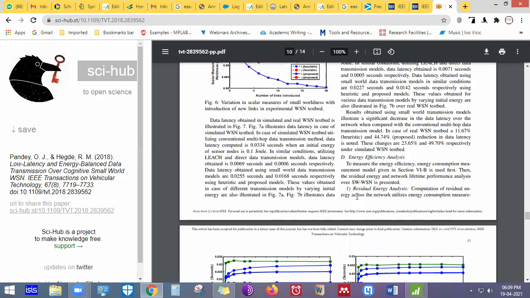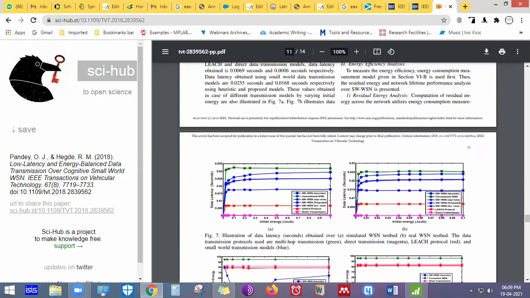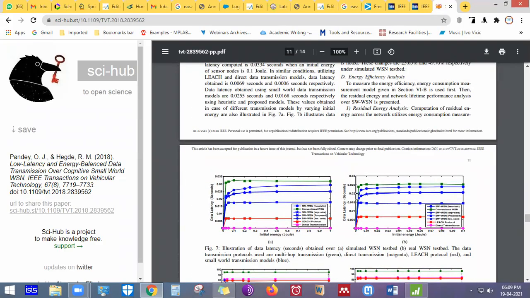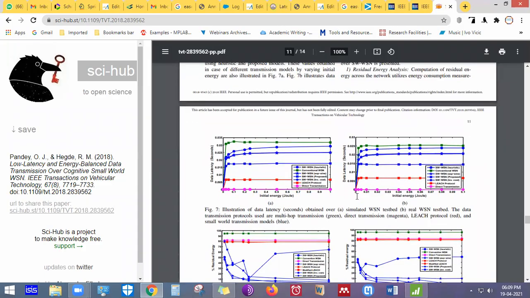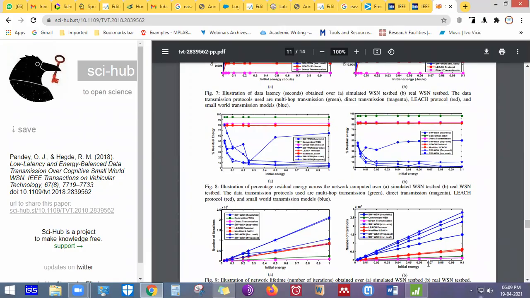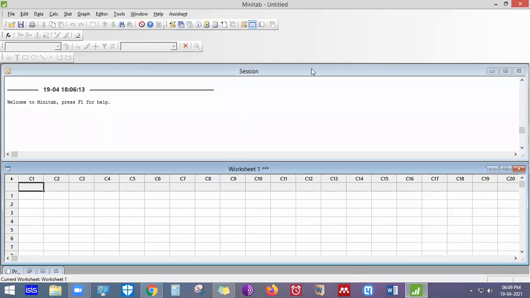Now, in order for us to publish our papers in reputed journals such as this, we have to improve the quality of the graphs which are put in the paper. So our session today will concentrate only on enhancing the graph so that it becomes clearly visible. To do that, we go to Minitab,